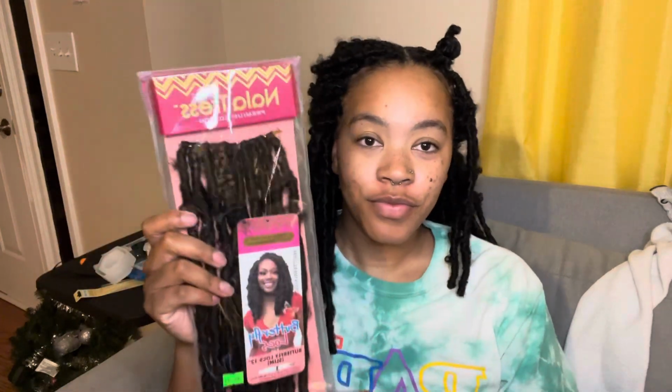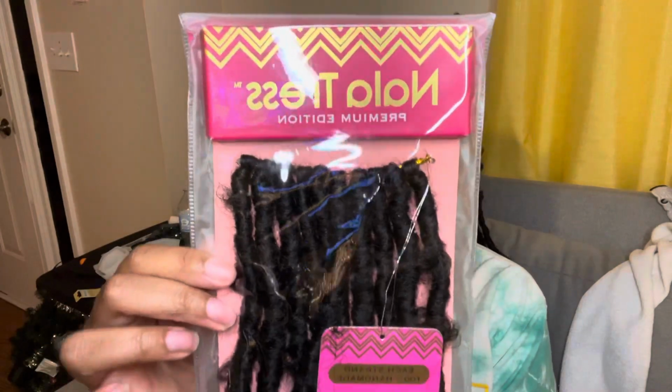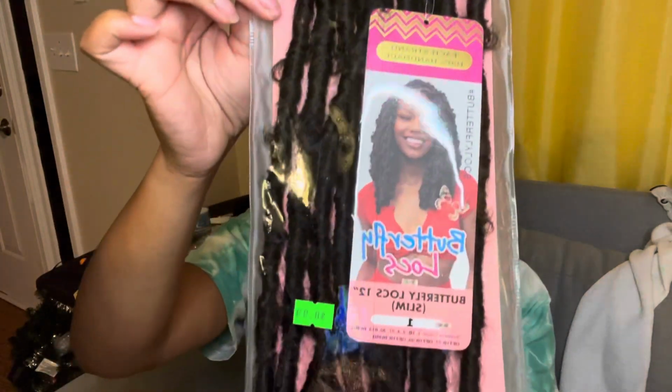Hey y'all, so getting right into it, I'm doing these locks and I'm using the hair from Locs. They're pre-distressed butterfly locks. They're 12 inches and they're in the color 1. I also used some in the color 1B, but that's only because my beauty supply store ran out of